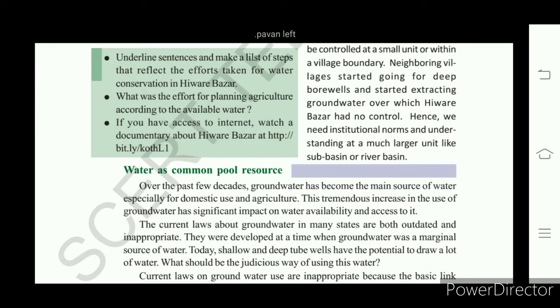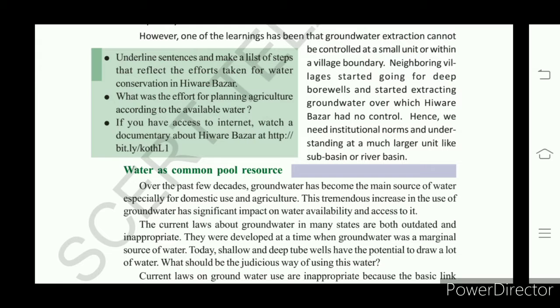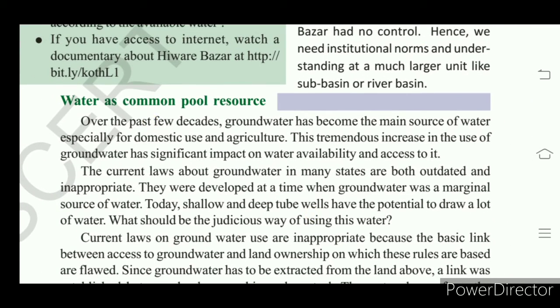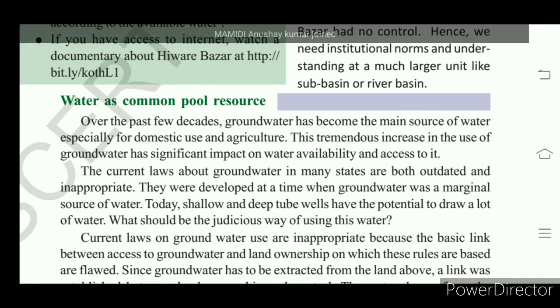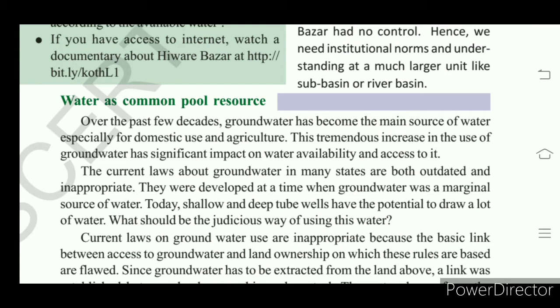So today we will discuss and understand water as a common pool resource. Dear students, in recent times, over the last few decades, groundwater has become the main source for domestic and agricultural use. Everybody is depending on groundwater for water use, and that has increased the use of groundwater very significantly in water availability and access to it. How water is available to the people and in what way the people access the water